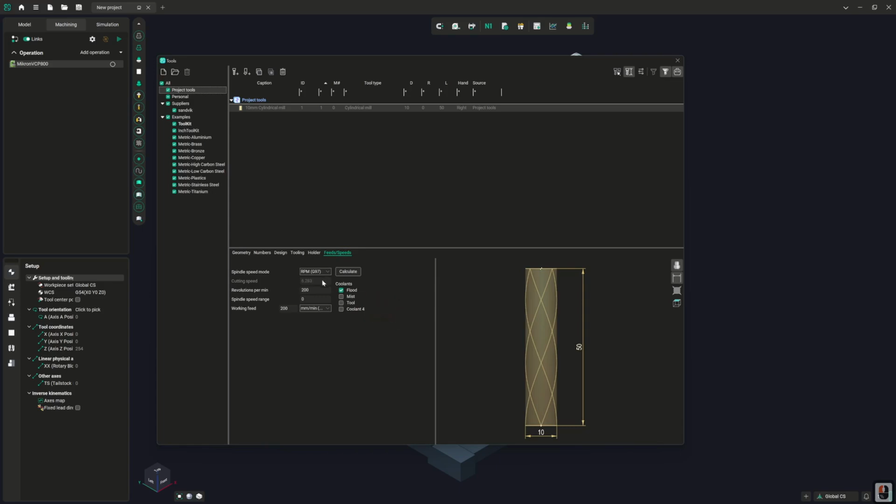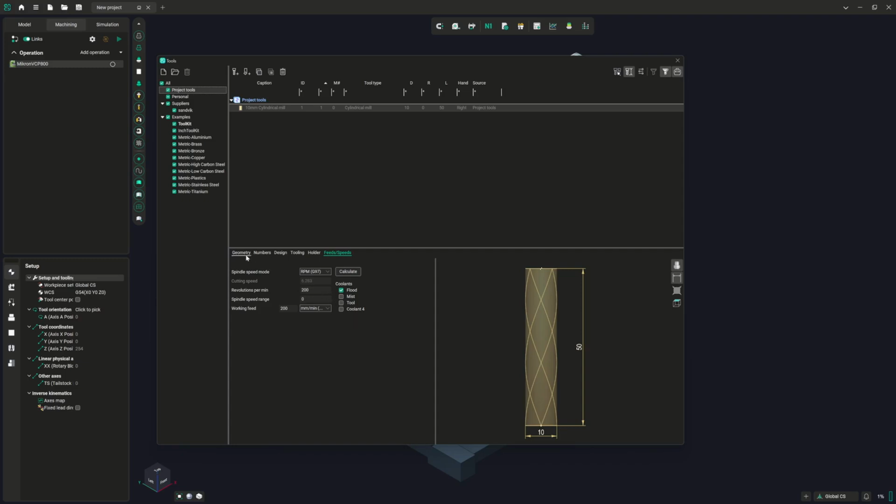And finally, the feeds and speeds definitions. So we do have calculation built into this where you define revolutions per minute and spindle speed range and all that sort of stuff. Again, that's entirely down to your cutting tools, your machine, your materials. I'm not going to advise you on how to set your feeds and speeds beyond suggesting listen to your machinists and read the spec on the tooling you're using. Okay,